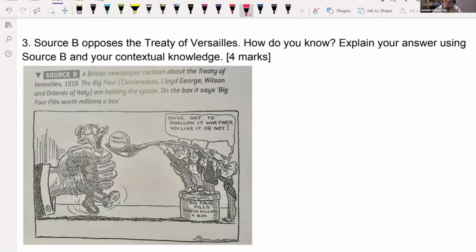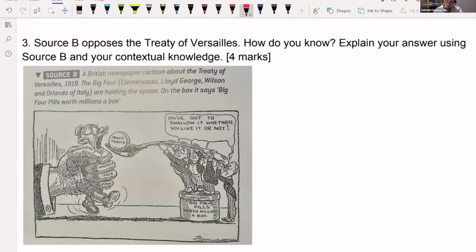Everyone. Okay, in this video we're going to be looking at an exam question on the Treaty of Versailles. We're going to be looking at question 1 on the Conflict and Tension 1918 to 1939 paper, which is the 4-mark source analysis question. 4 marks, 5 minutes in this paper. Okay, so we don't have very much time to analyze this source and look at the actual way to answer